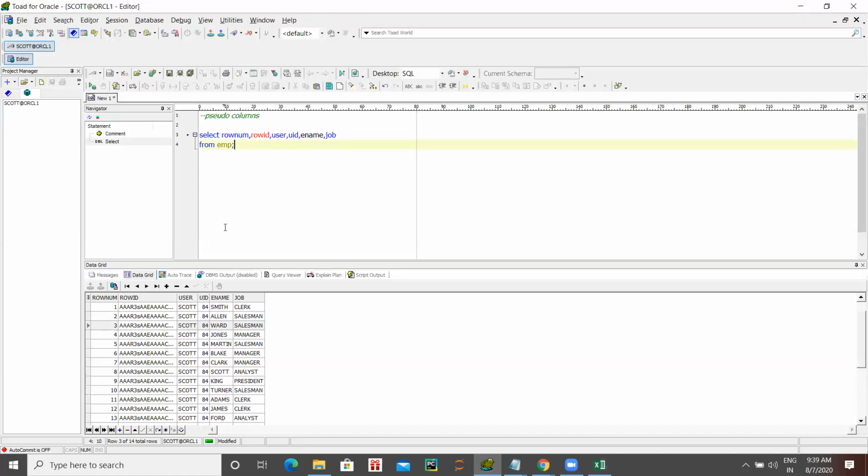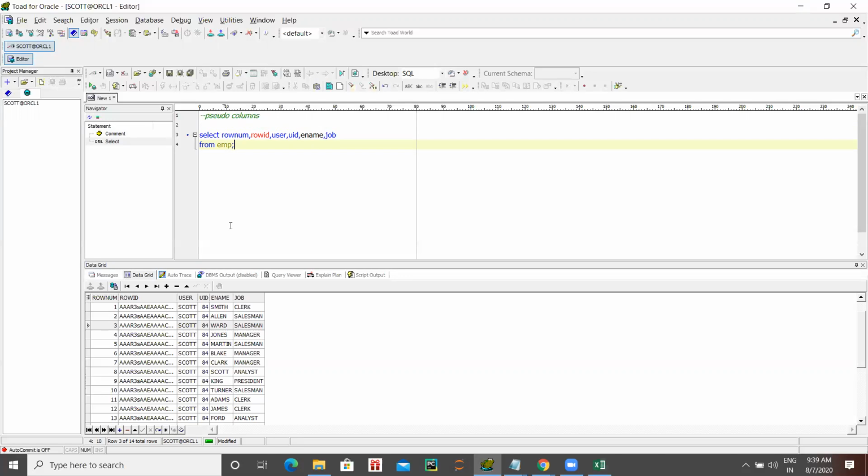Now you can see the ROWNUM, ROWID, USER. ROWID is the address of that row, that record. For every record there is an address, like every house has an address. It is for internal purposes. USER means which user is using it, Scott. For that Scott, the user ID is 84.